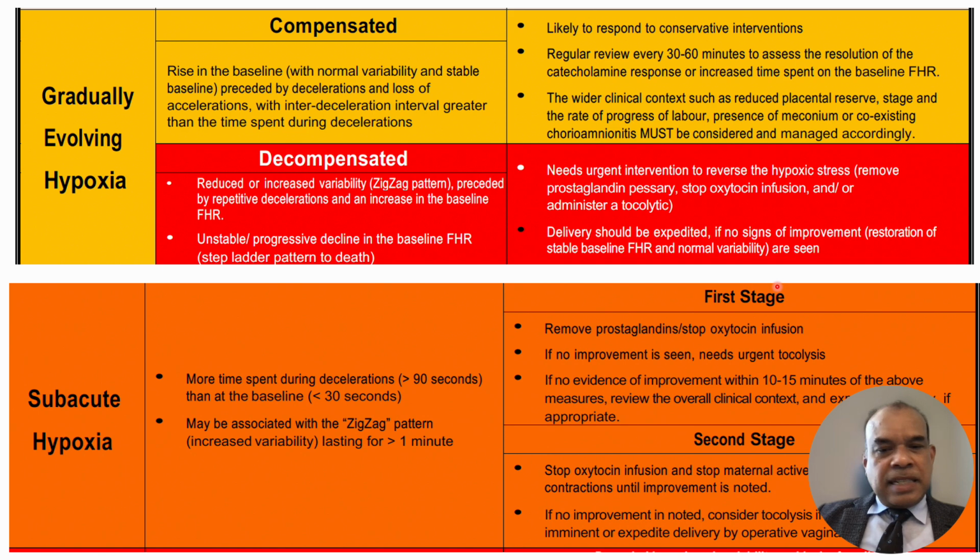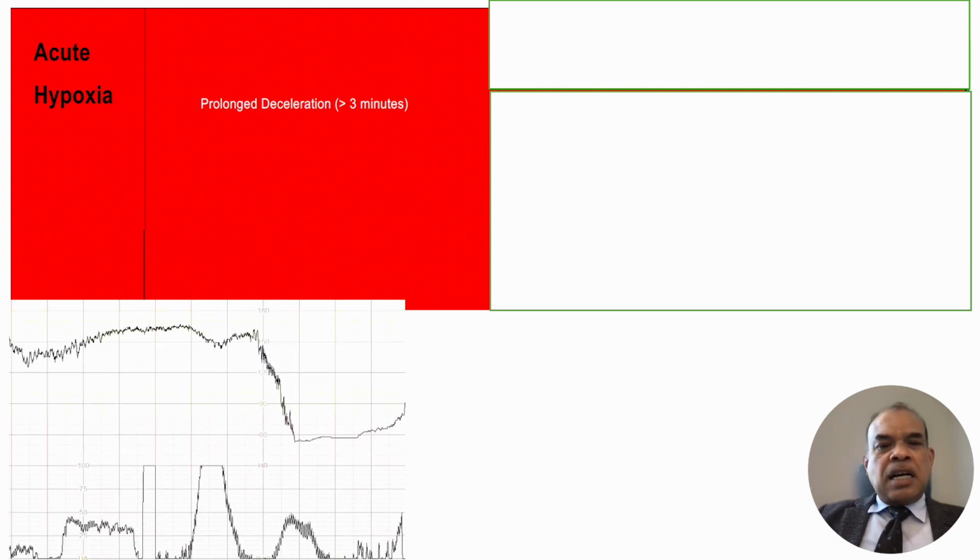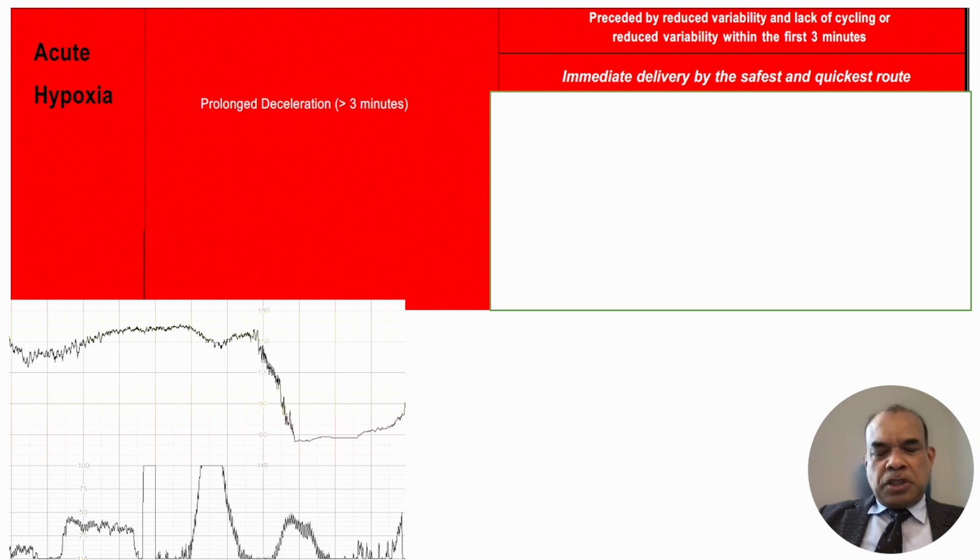And the guideline tells us if this pattern happens in the first stage of labor, what should we be doing, and second stage of labor, what we should be doing. Then the third type of hypoxia is the acute hypoxia, a sudden cessation of oxygen. And based on what we find as a cause, if it is irreversible like abruption, uterine rupture, or the features